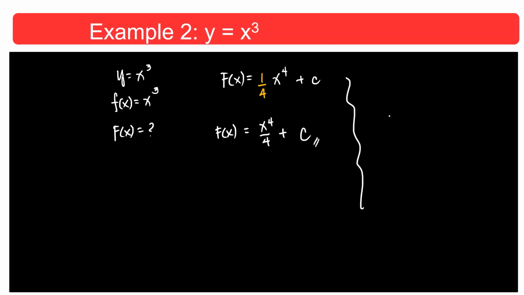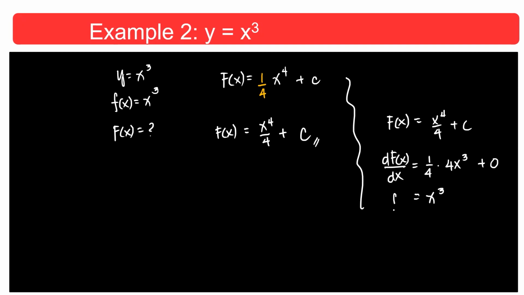Okay, looking back, is it correct? If F of x is x to the 4 over 4 plus c, what is the derivative of F of x with respect to x? What is the answer? We don't need the 4, so bring it out, and then 4x to the third plus 0, because the derivative of a constant is 0, and then simplifying this gives us x cubed. So again, the derivative of the capital F is the small f. So we're correct. This should be the answer. This is simply the checking.